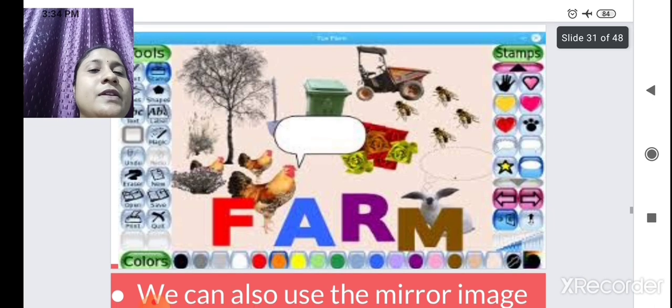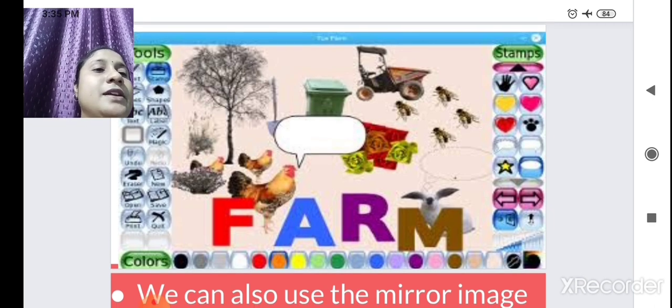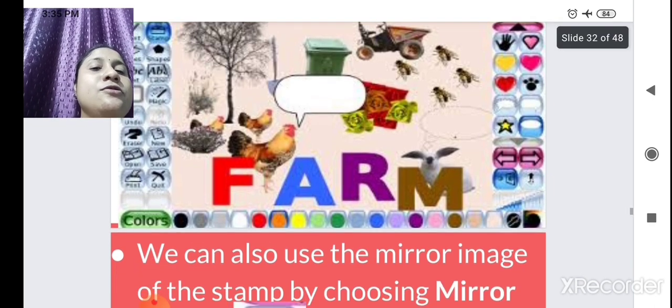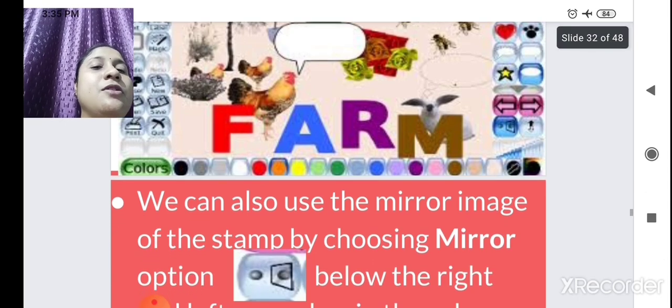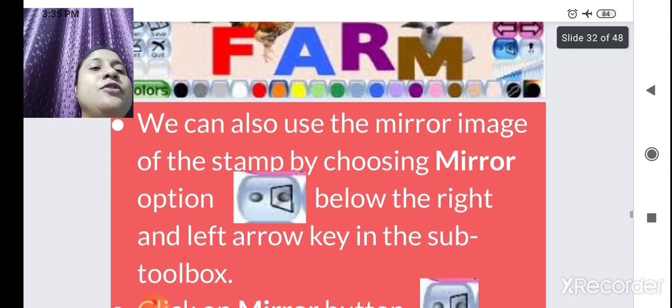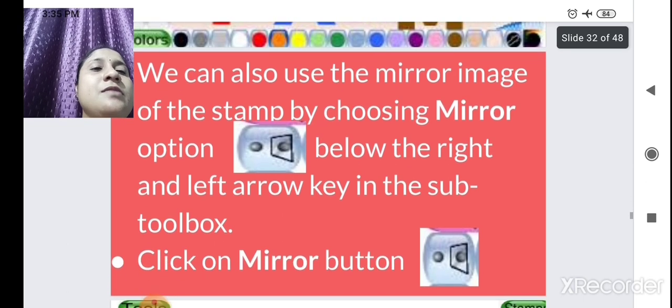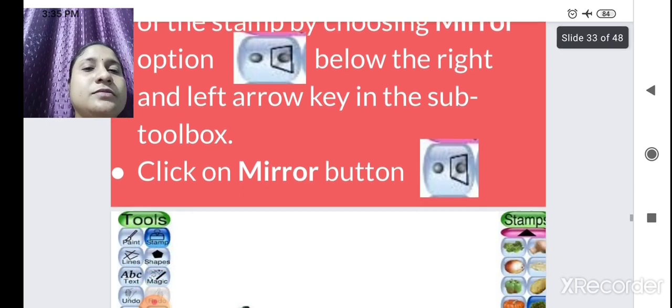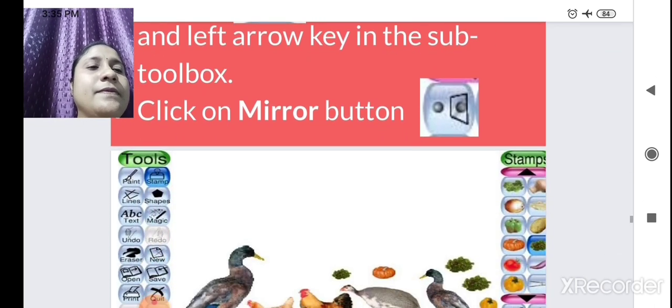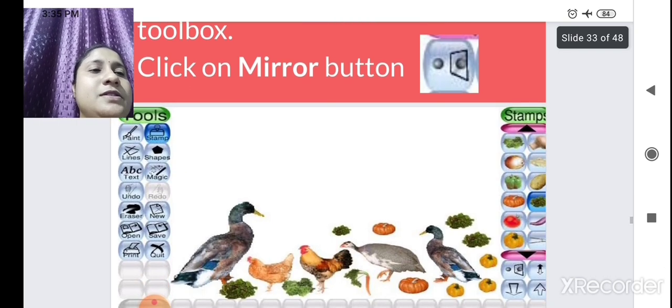We can also use the mirror image of the stamp by choosing the mirror option. If you want to give a mirror image to the stamp, we can do it by using the mirror option. Here a stamp is given, and here we are using the mirror image.